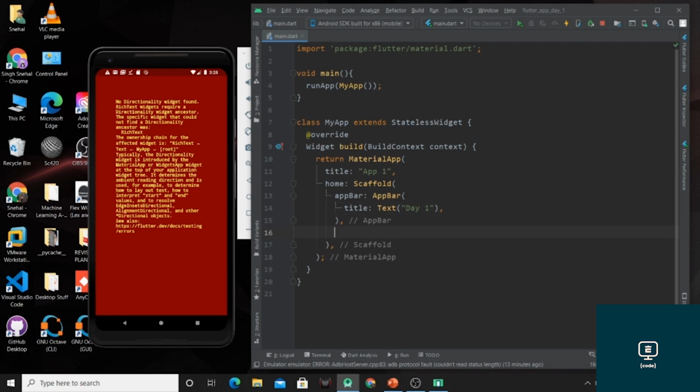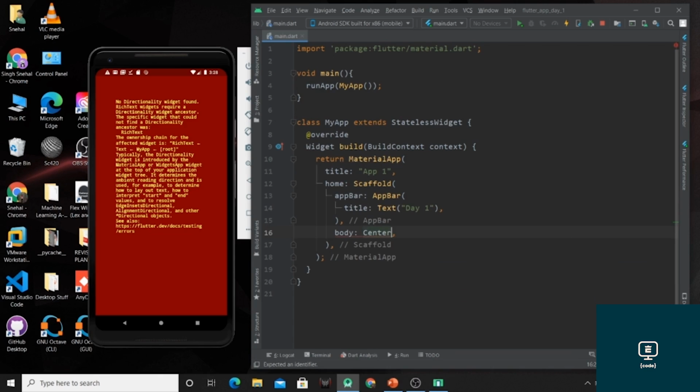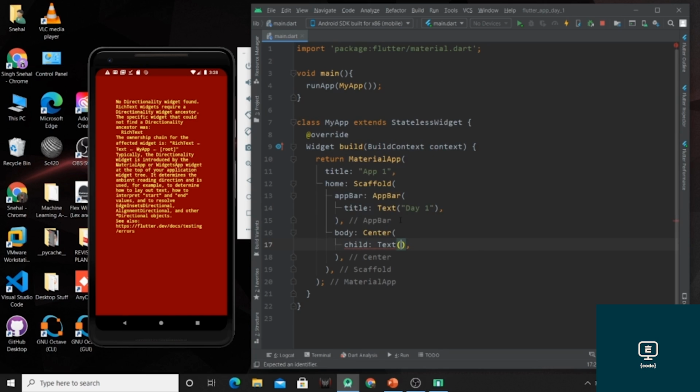After that we have to create the body of our app. For that I am using the property of body. Inside that I am creating one Center widget, and inside it we have to create one child, and I am going to use Text as the child of this Center widget.